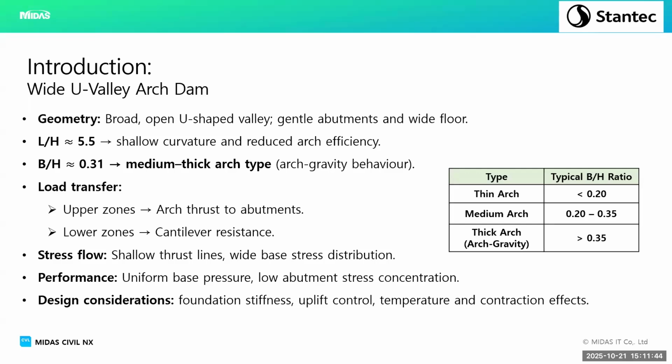So the geometry is it's a U valley shape, which again would lead to what you'd expect with stress flows. And the base to height ratio is 0.3. If you look at it by eye, you'd say it's a thin arch, which essentially it is. But you can get thinner arches in a narrow V valley,